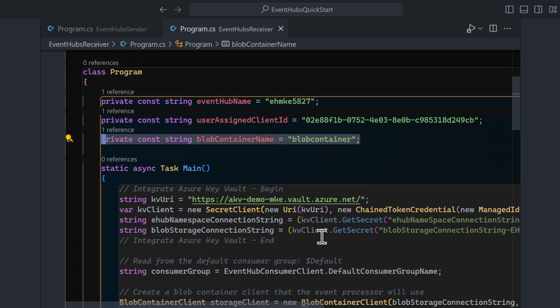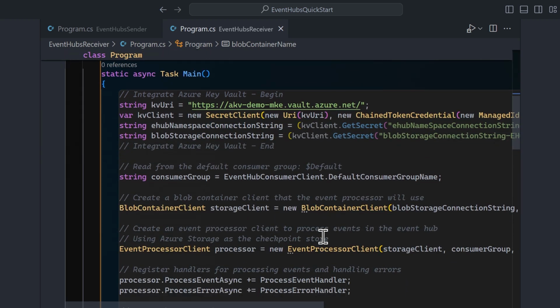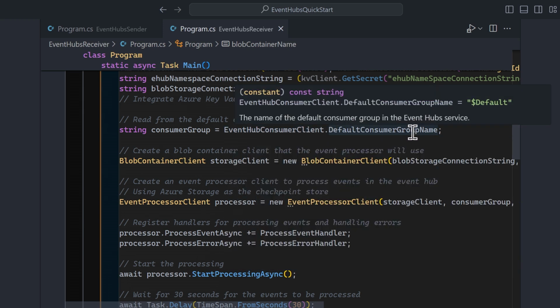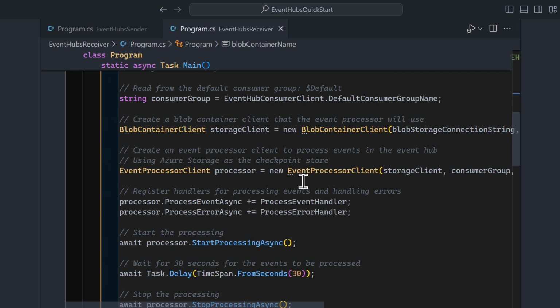So it will use that blob container to store state while it is receiving these events from the event hubs. So we instantiate an event hub consumer client. We access the default consumer group, so we get access to this $default consumer group I showed you in the portal. Then we set up a connection to the storage, to the blob container. We use the blob container client for this one. We're using the connection string. Then the event processor client will be instantiated using that checkpoint store in here with the consumer group that we